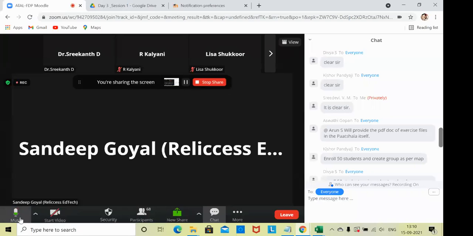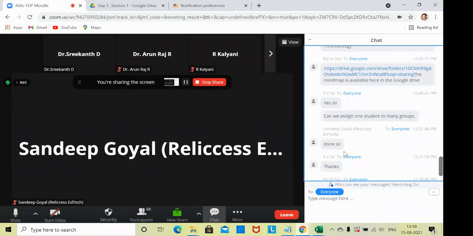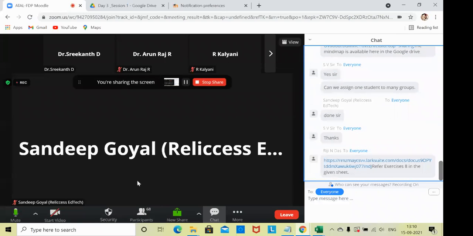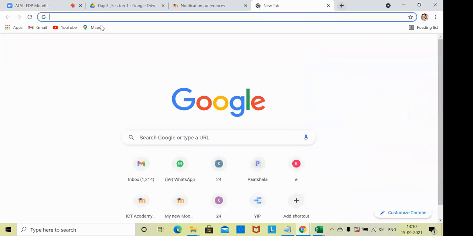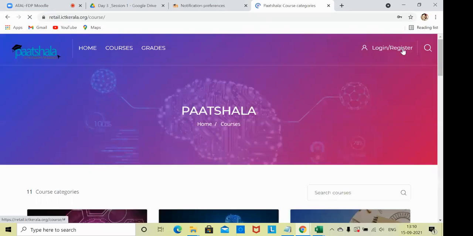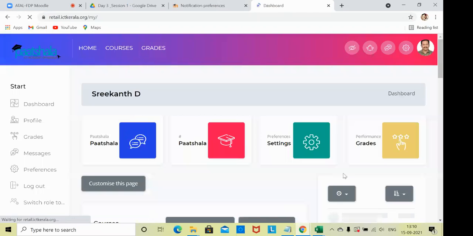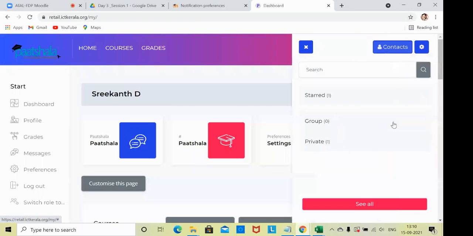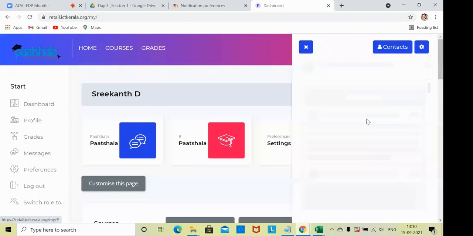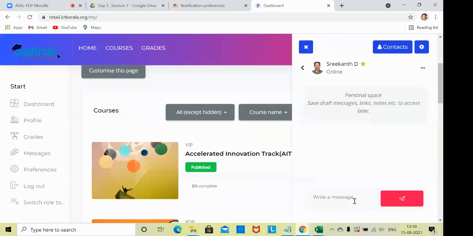I think once we have established the communication, we will be able to make offline sending also possible, because once they are active users, we will be able to do that. Let me show you. Here it is showing the groups as well, but when we go into our site administration messaging, it is not showing any group. That means, one second.